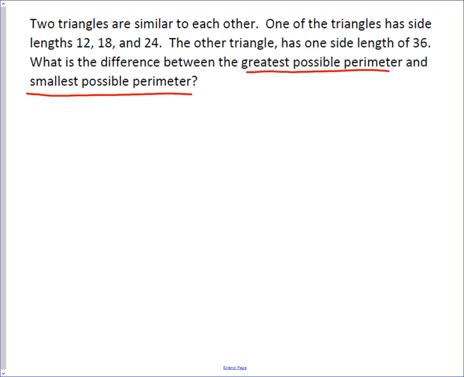For that to happen, essentially, we need to find out one simple fact, and that is if the similarity ratio of two triangles is A to B, then the ratio of their perimeters is also A to B. And so if the ratio of the two sides is A to B, and the ratio of the perimeters is A to B, what we can do is we can say, okay, well, what's the greatest ratio we